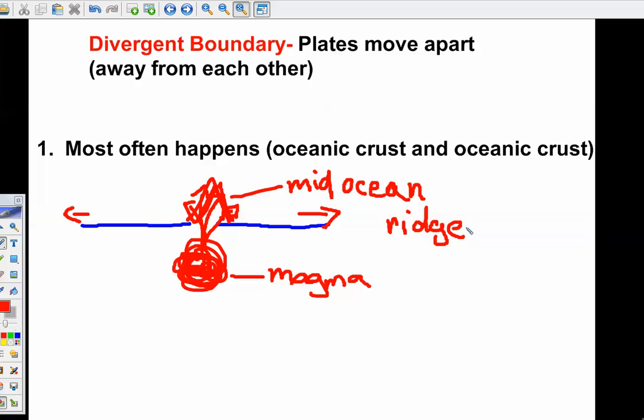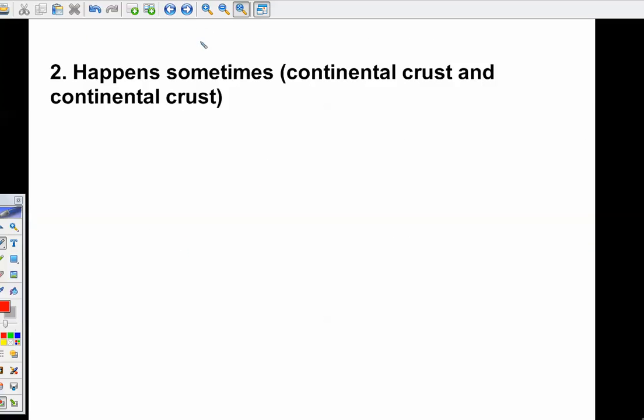Okay, so that's how a mid-ocean ridge forms, is when we have magma forming underneath this divergent boundary, and it comes and it fills in and it creates new rock and new crust, and it builds up until a mid-ocean ridge forms. This can happen occasionally on land when we have two types of continental crust that are moving away from each other. When it does this,